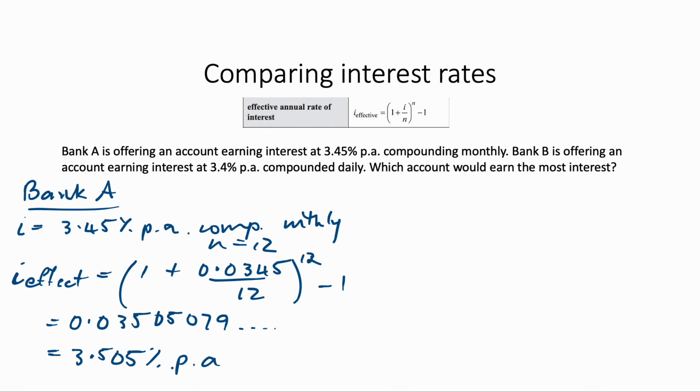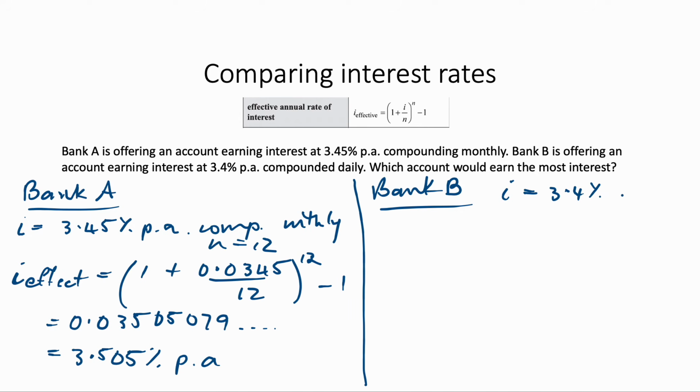So this is like an equivalent rate now that if it was only compounded annually, you would earn the same amount of interest as this 3.45% compounded monthly. Now doing the same thing for Bank B, where their i was 3.4%, but it's daily compounding now. So that means our n is 365. So putting into the formula for i effective,